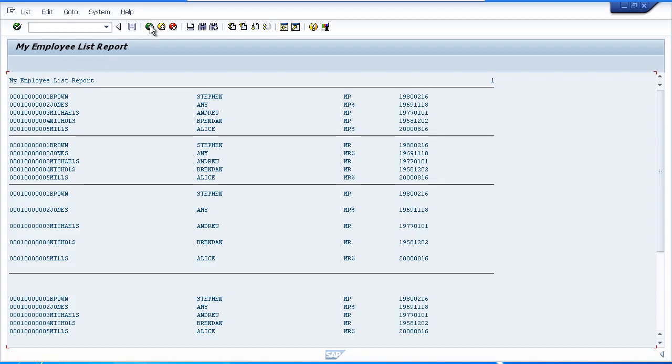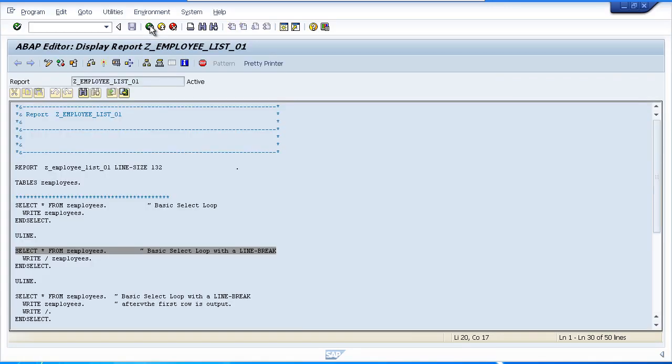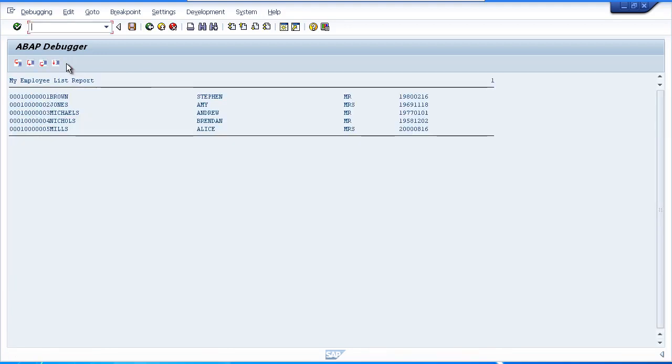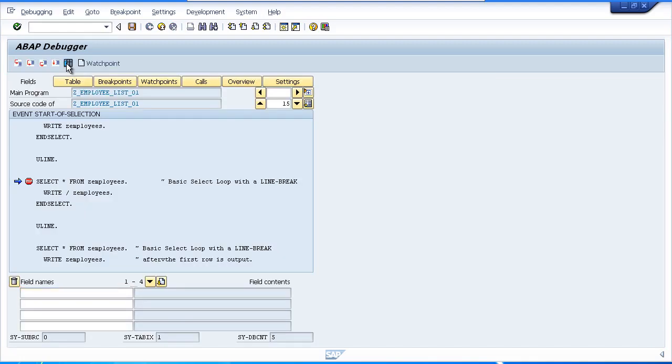So let's get back to our debugging session again. The next option you see is the display list option, and that's Control F12. If we press this button, you can see it takes us to the output screen as it currently stands within our debug session. So at the moment, we have executed the code to output the result of the first select statement in our program. We can press the F3 key to go back to the code,